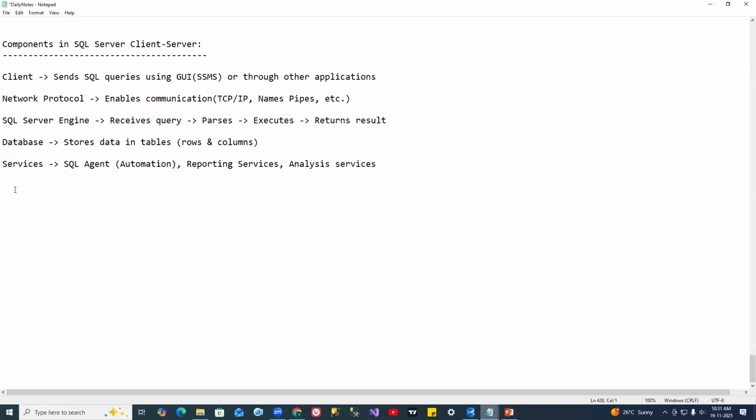Client in the sense what? Let me write first SQL Server. Server in the sense, server is a system where SQL Server is installed and running. Okay, and inside the server, SQL Server manages two things: one is the database, and the second one is